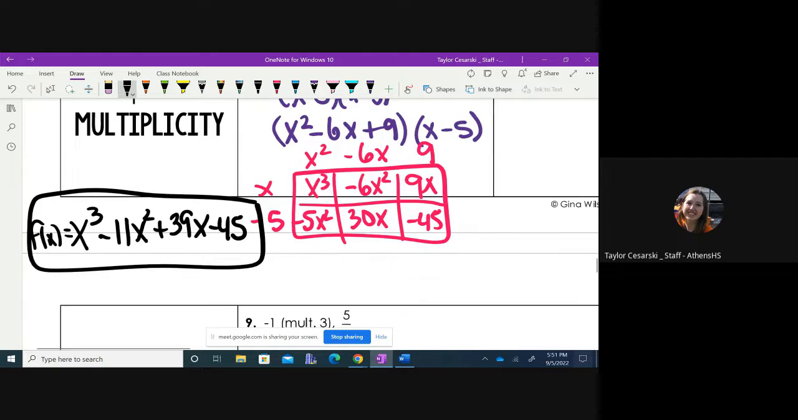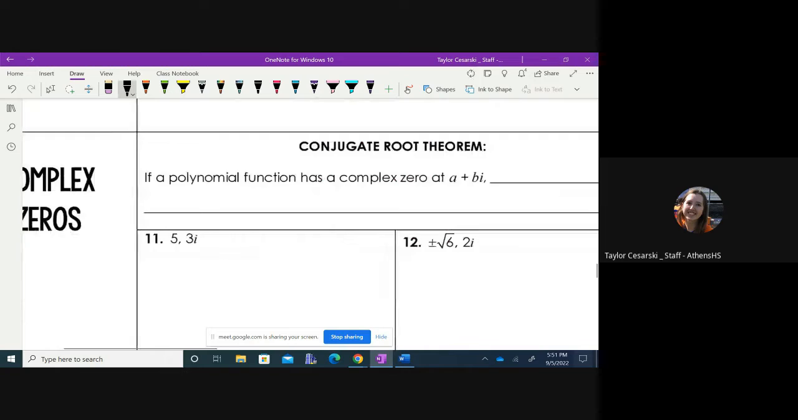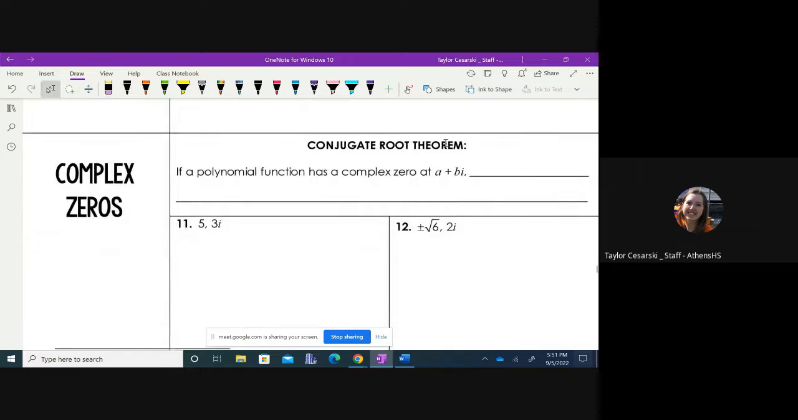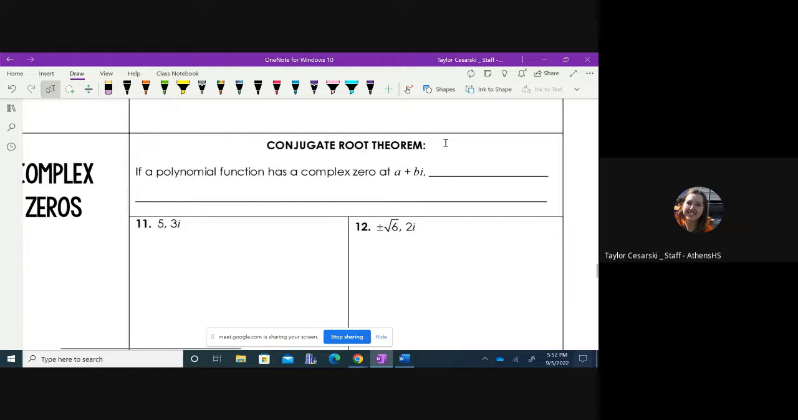All right, so let's go to the back page under complex zeros, okay, conjugate root theorem. So you may have heard before in either Math 2 or Math 3 that imaginary roots come in pairs. So you can only have 0 imaginary, 2 imaginary, 4 imaginary, 6 imaginary, etc. Okay, you cannot just have one imaginary root. That's not possible. All right, so if a polynomial function has a complex zero at a plus bi,